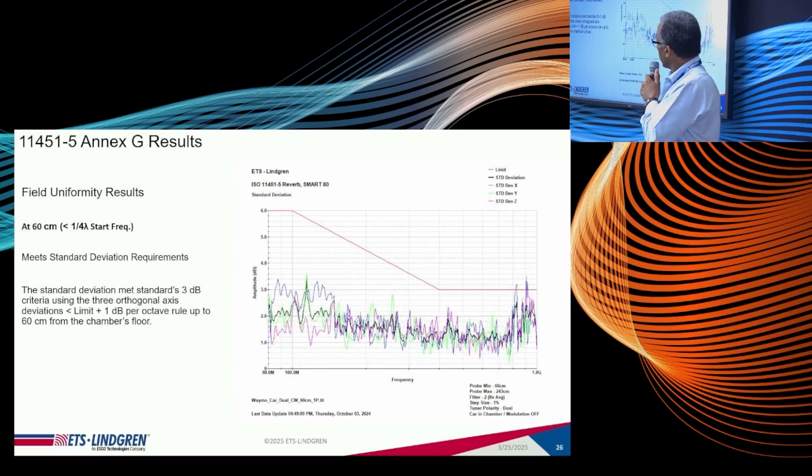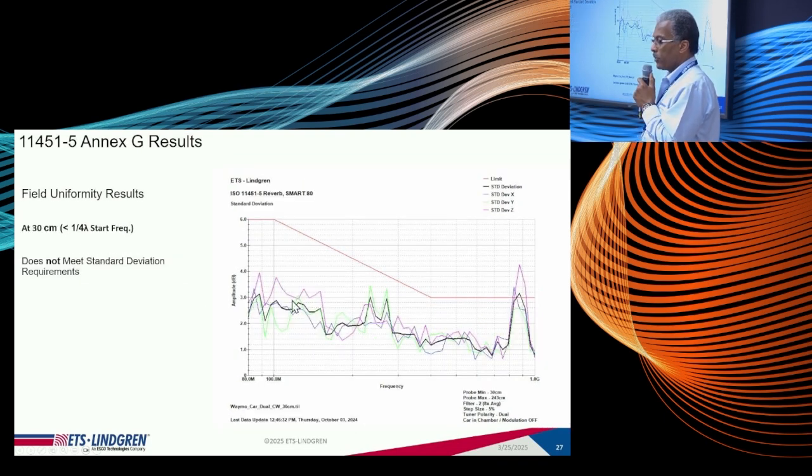One of the things we wanted to look at was what impact reducing that minimum probe height would have on the uniformity of the field. And as you can see, as we reduce it to 60 centimeters, things start degrading slightly. We go down to 30 centimeters, we get a little more variation as we go down towards the floor of the chamber. But for some of the measurements, we found that you can get quite close to the floor, less than that quarter lambda, and still have fairly reasonable field uniformity.